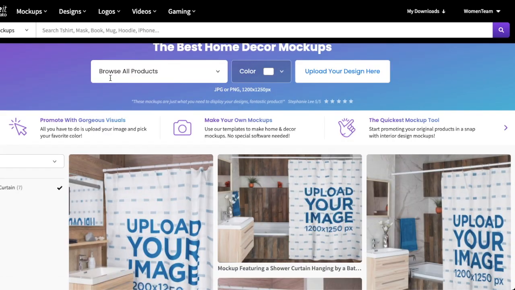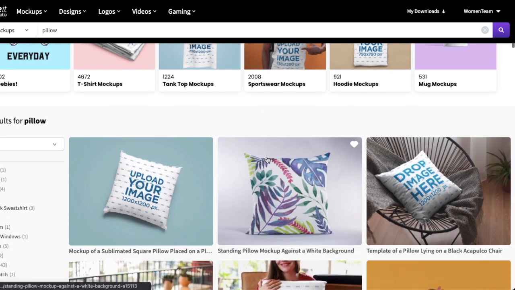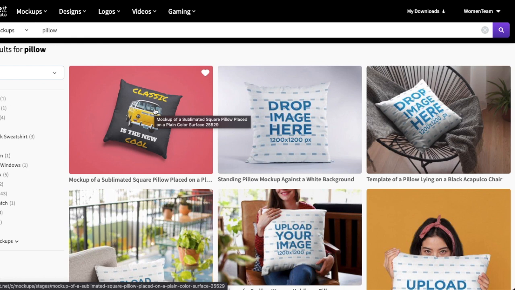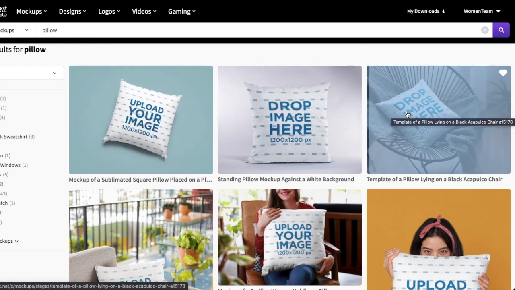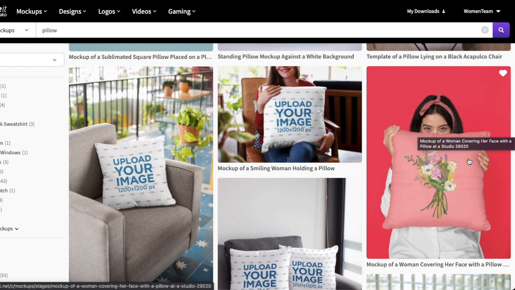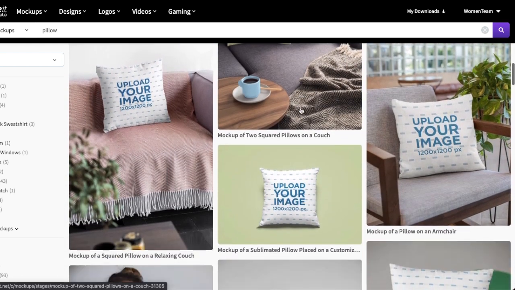So let's just try another one. You know what? Let's just type in pillow. And when I'm looking into pillows, the best things that I want to see here are not just the front, this is the pillow kind of mockup, but also pillows in their environment, like home and cozy home decor, because these ones stand out more on Instagram and on Etsy and on your Shopify store and on your Pinterest and everywhere. But you also have people holding pillows, which is really important for marketing because people generally respond better when